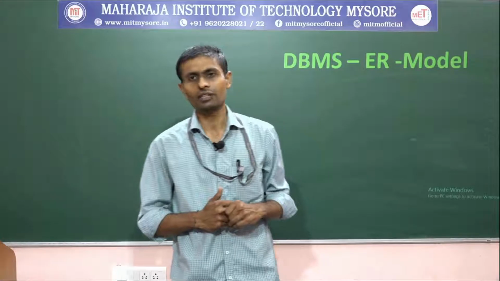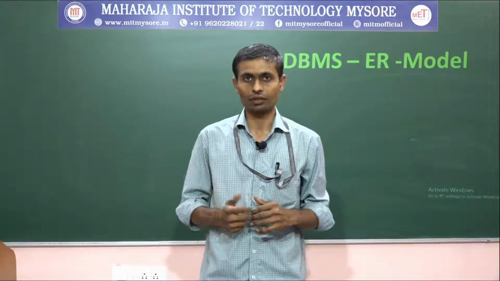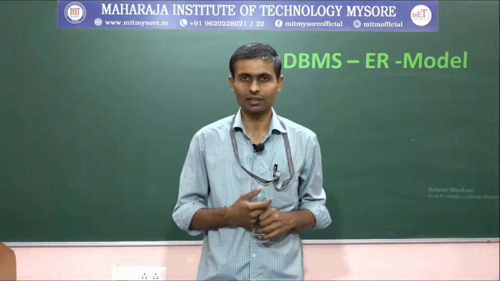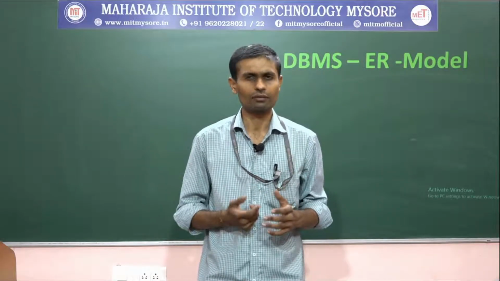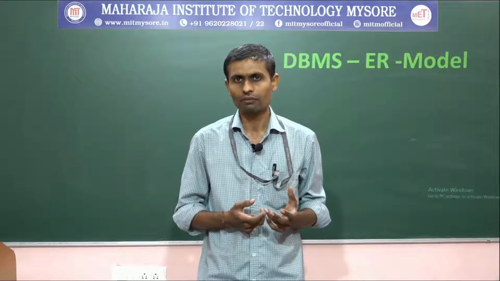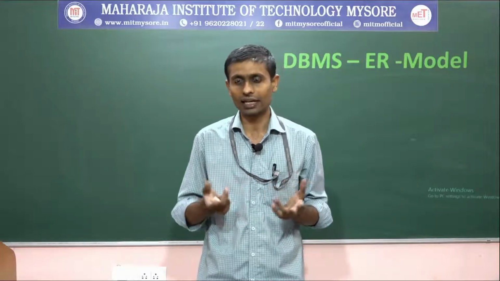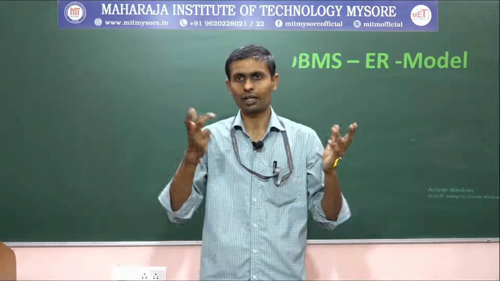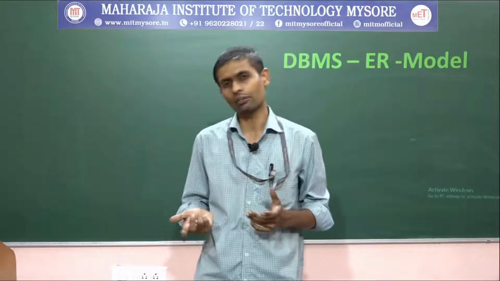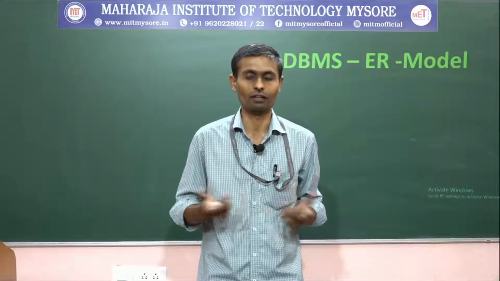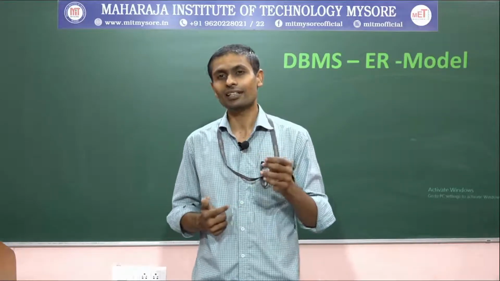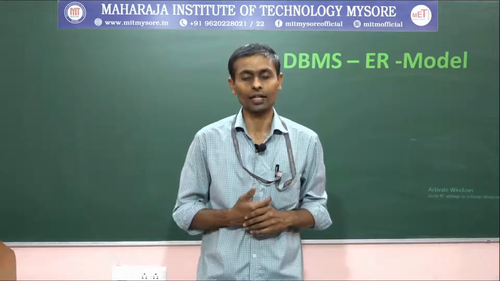Then after that, we discussed single-valued and multi-valued attributes. Single-valued, as the name itself says, takes only one value. For example, blood group, which is an attribute identified in an employee or a student table. There it takes only one value, and most of us will write only one value for that. So we call that a single-valued attribute.